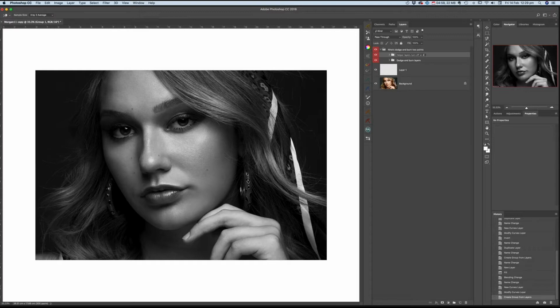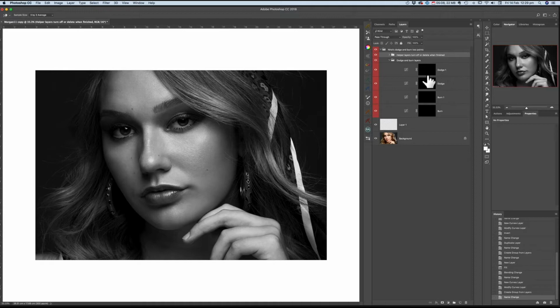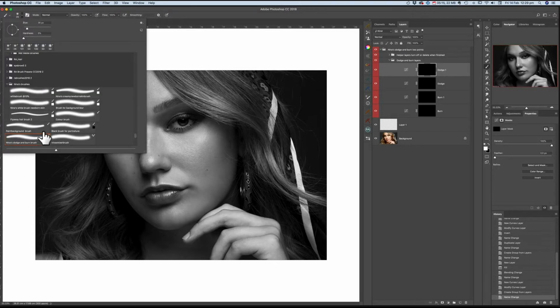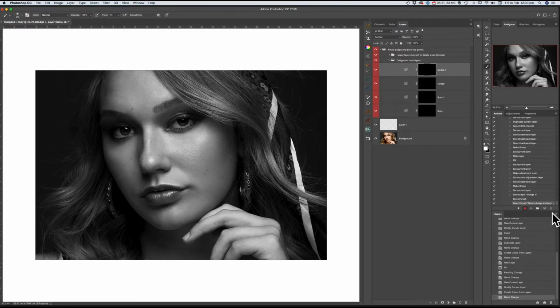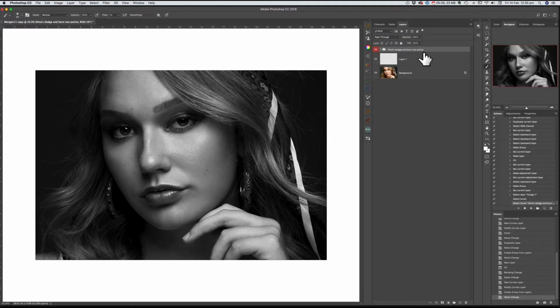The next step is the most important step I find when I'm recording actions, and what I include in all my actions is I include the brush. So I then click on the first dodge layer, the brush in the tools panel, and then select the actual brush that I use to do dodge and burn. So when the action is complete and I press play, it actually,